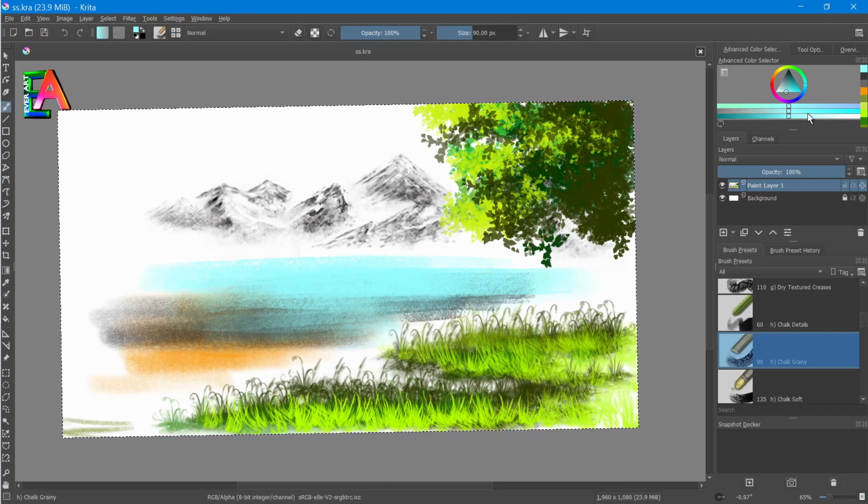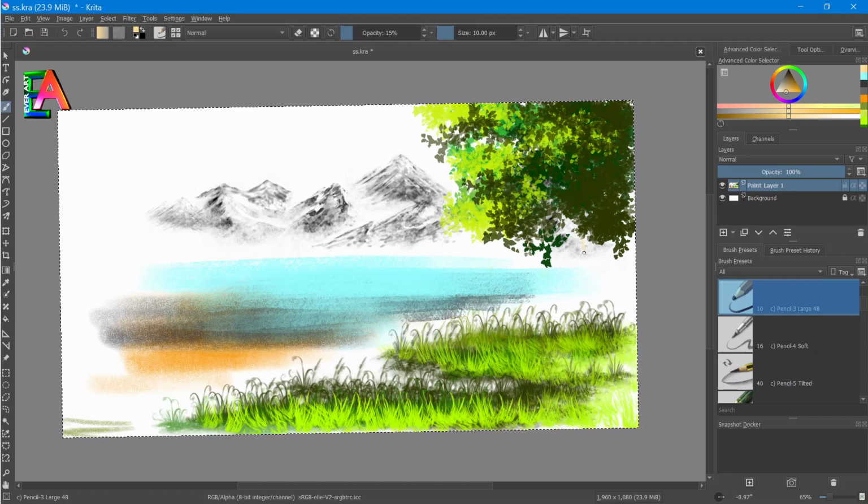And now when you work on it, I am just selecting a pencil from here. This is a pencil, and now this portion of the tree is not saved because I am not saving it. If I press Ctrl S, then you can see it will be saved up to this.